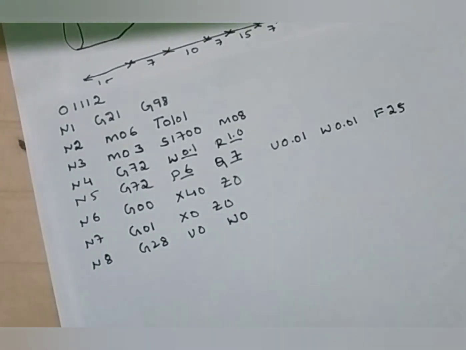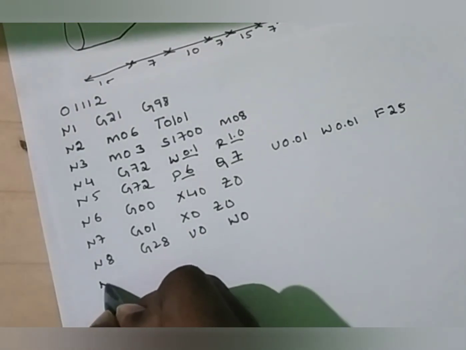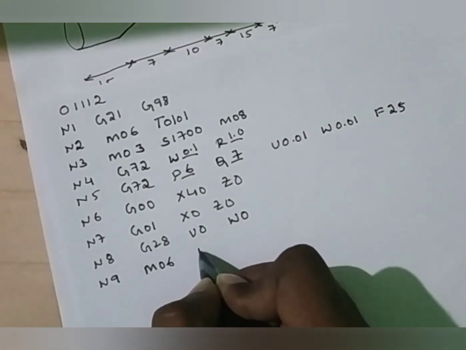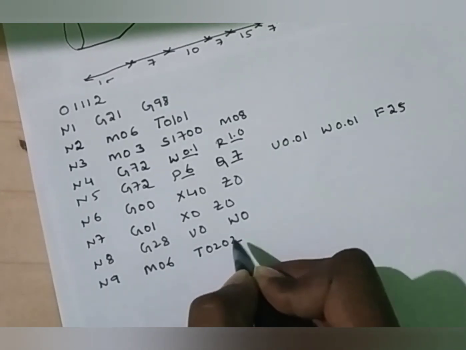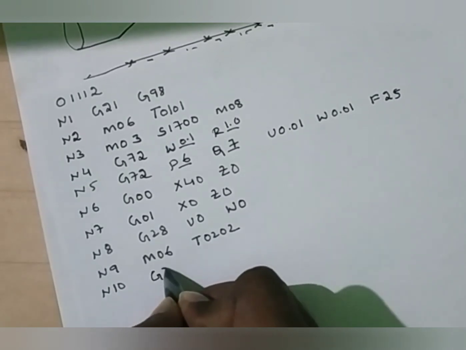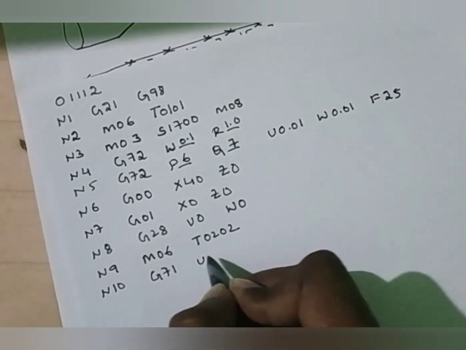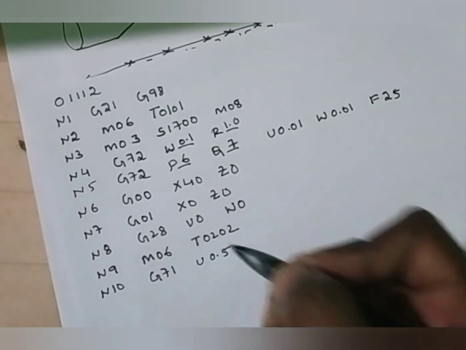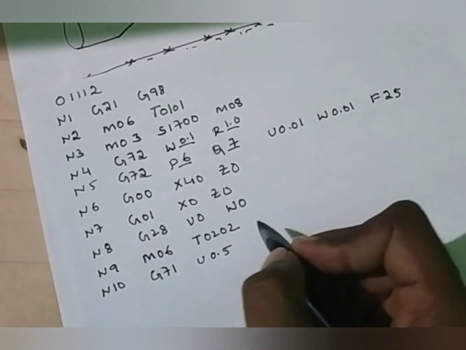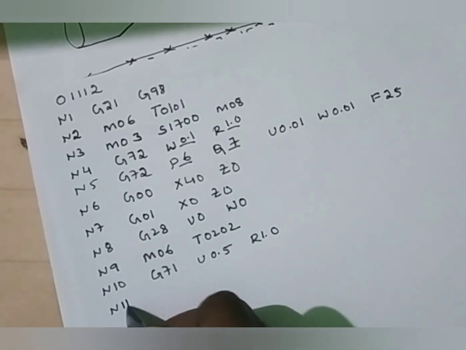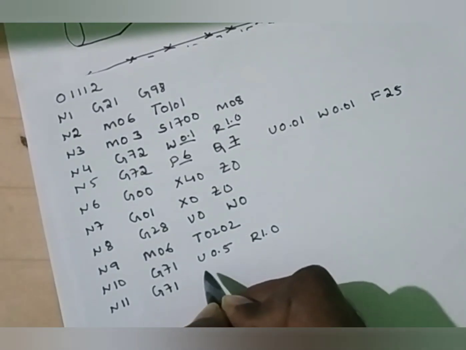Now we have to do the step turning operation. Now select the tool. To select the tool, the code is M06 and the tool for step turning is T0202. Now write the syntax for step turning. The syntax is G71. U is the depth of cut, let it be 0.5 mm or it may be 1 mm, 1.2 mm, 1.5 mm, it's your wish. R is the retract value, let it be 1 mm. Okay, next in N11, again G71, step turning cycle.